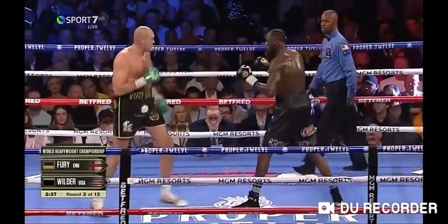Take a look at overall the way his feet move. Take a look at overall how his body moves, because he doesn't create a vacated space. He doesn't really move out of the way. When he sees a follow-up punch happen, he pretty much twists his body, which in turn is going to make the punch hit the side of his head, sometimes near the back of the head, or sometimes behind the ear. That's what usually happens because Wilder doesn't really...